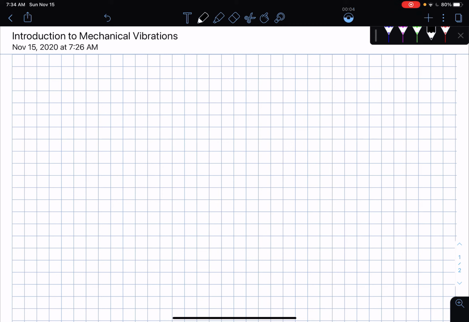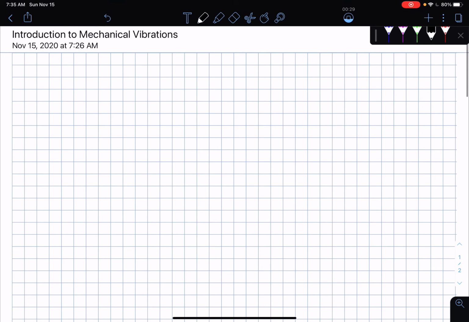So, today we're going to be talking about a brief introduction to the study of mechanical vibrations. My plan for today is to look at an overview of mechanical vibrations, and then we will also introduce ourselves to certain idealized elements, which are springs and dampers, in a more formal manner. So for us, the plan for today is an overview,